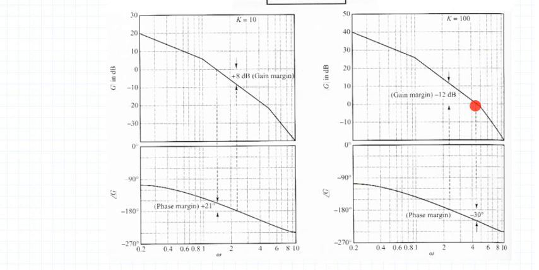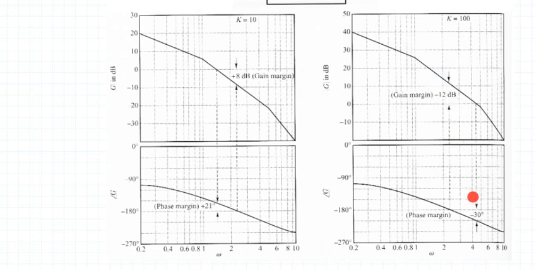Similarly, to obtain phase margin, project the gain crossover frequency. So I have projected the gain crossover frequency. It touches minus 180 degree earlier. So this is the point I have to consider. The difference between these two becomes the phase margin. And what do I observe? Gain margin and phase margin are negative, and therefore we say that the system is unstable here.